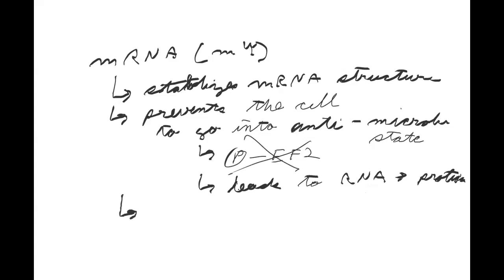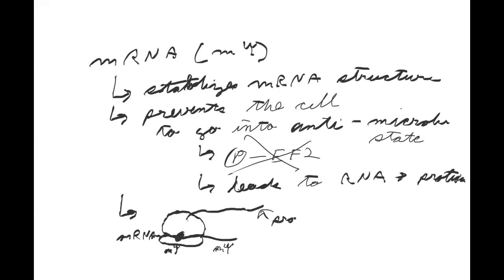Now, another feature of the pseudouridine is that, remember what I said, you have the messenger RNA, and in some areas you might have this methylated pseudouridine. Not everywhere, but some places. Well, you have the ribosome reading and making this protein, right? This is the protein. This is the large ribosome, this is the small ribosome. And what they found out was that by having, not everywhere, but having the methylated uridine in certain areas